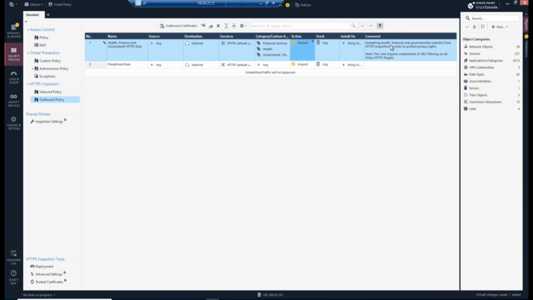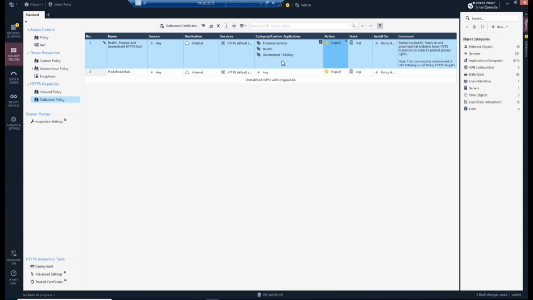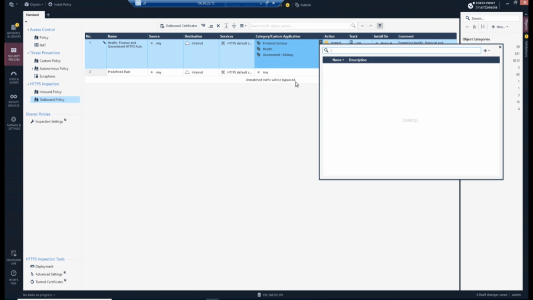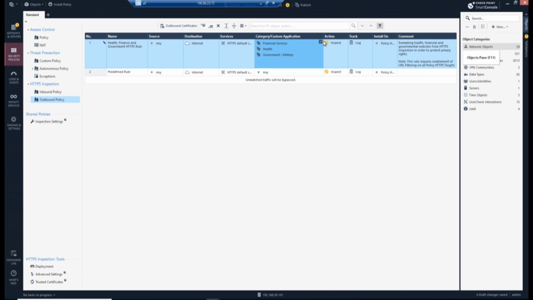Normally we bypass health, finance, and government websites from the students in order to protect privacy rights. So this is important, guys. This is a lab purpose, so we are not keeping those things. Here by default, if you see, they have given this for the category, but if you are doing the lab, you can remove this. For example, I can remove this just for the sake of exploring, but let's see if the Check Point allows this. Okay, so it is allowing me,